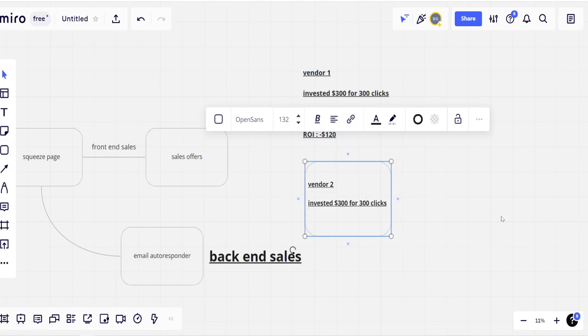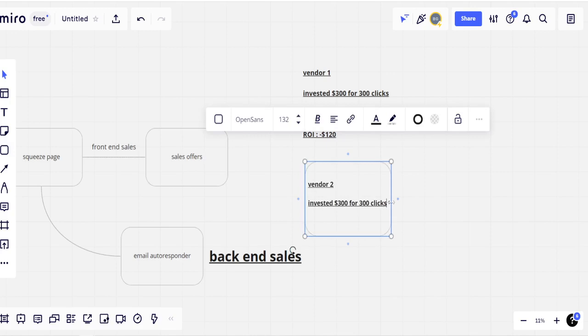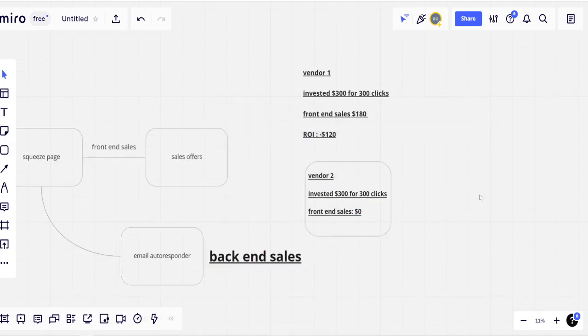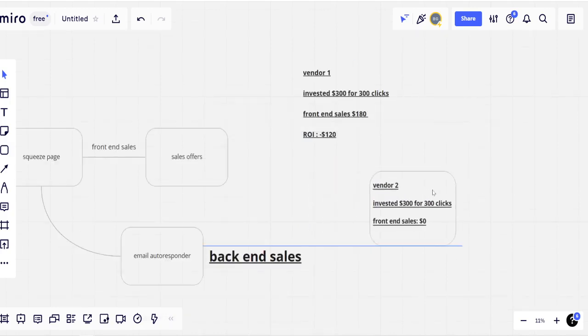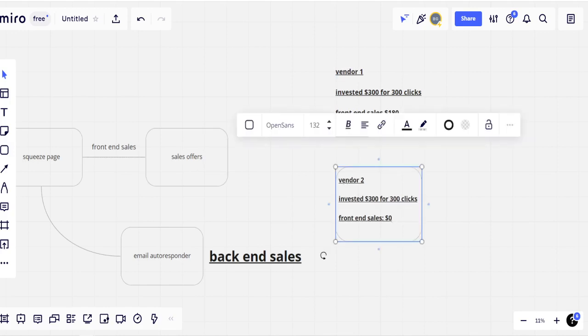Now, in this case, the front end sales of this vendor number 2 gives you a return of 0. So you got nothing from the front end sales. Now, most of the time, if you do not have a way to track the back end sales, this is where the problem comes. You will start to feel that, hey, vendor number 1 is better, vendor number 2 is not so good. So your ROI here is actually